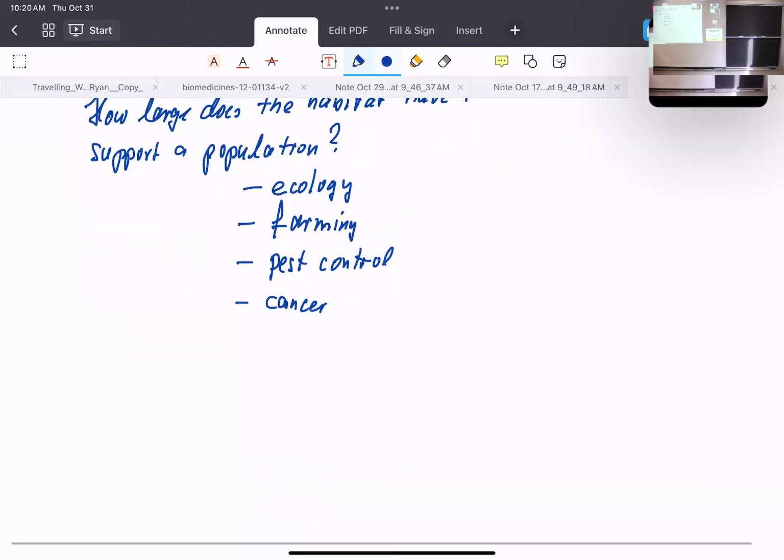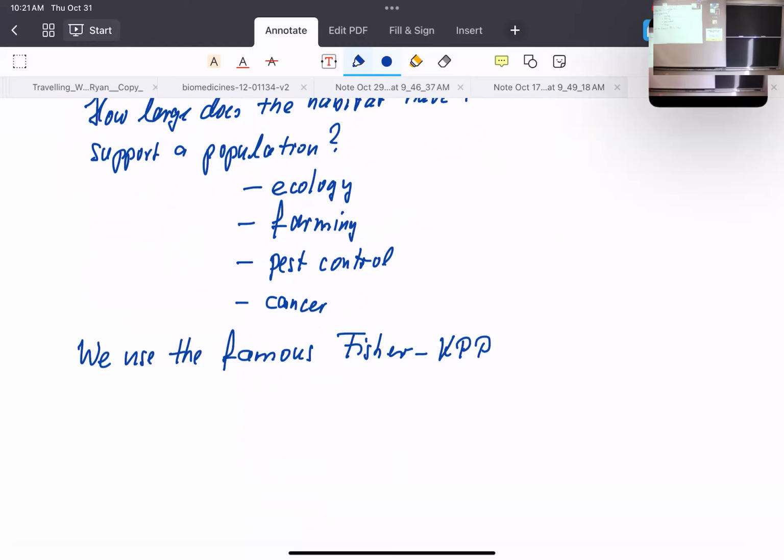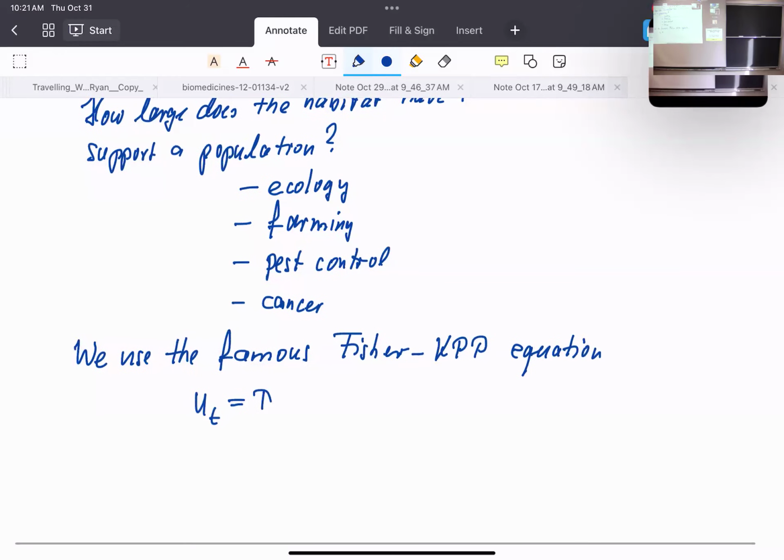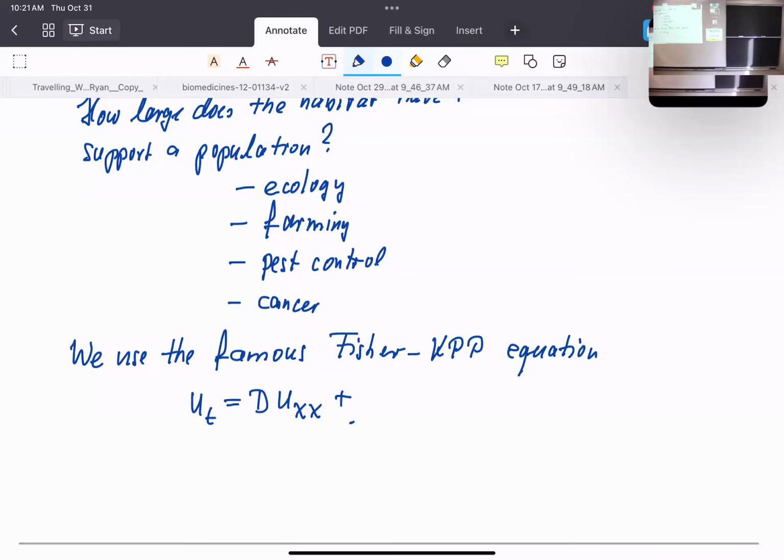Okay, to study this, we use the famous Fisher-KPP equation. KPP stands for Kolmogorov-Petrovsky-Piskunov, Russian mathematicians. And the equation is this: du/dt, now I use the index notation, equals u_xx, so the second spatial derivative, plus